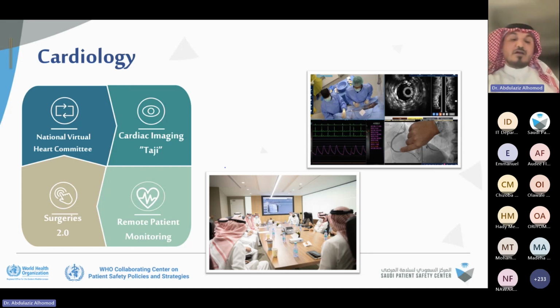And then we took this to the next level by applying Internet of Things. And today, as we speak, with a couple of our participant cardiac centers, we have a robust Internet of Things empowered remote patient monitoring program for complex cardiac cases. And to take this into the patient safety context, today you have a complex case, let's say a cardiac case, let's say someone with an ejection fraction of less than 10%,